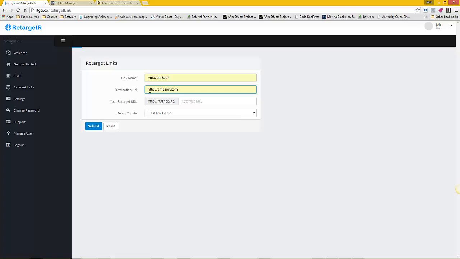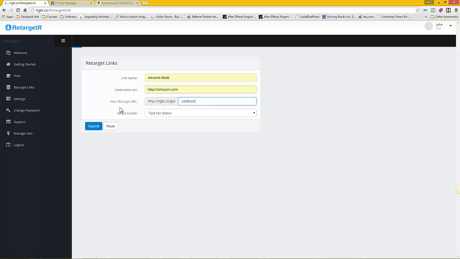So if you were sending people to an article and you wanted to capture a custom audience of people that were interested in that topic, if you're building a niche custom audience, that's what this is great for. You're going to put the URL to that article in there, and then you're going to put a name. This is where you're going to create your URL. This is the actual URL that you're going to be using. I'm just going to call this Zon Book so that I know that this is my Amazon book, but it's always going to be